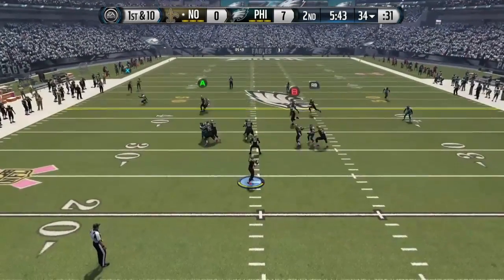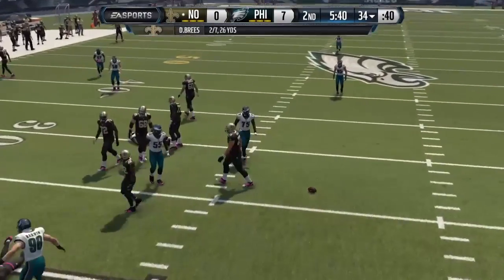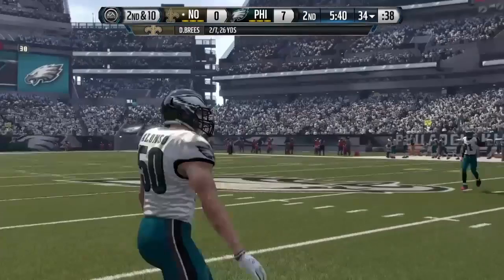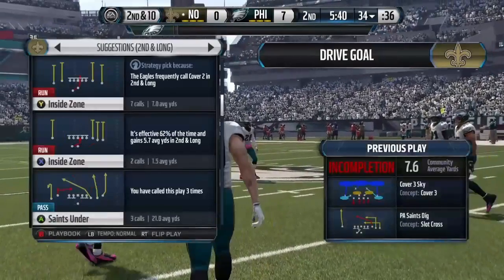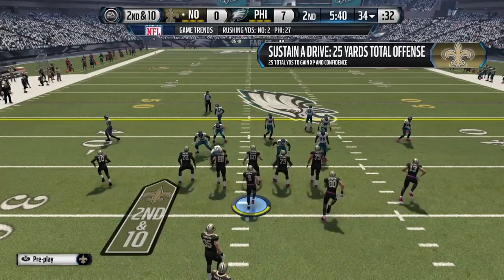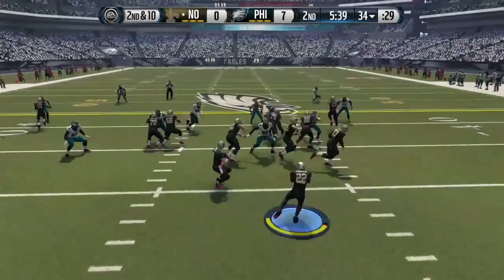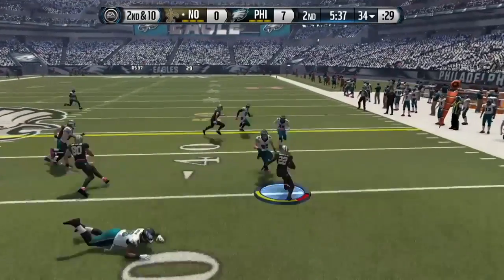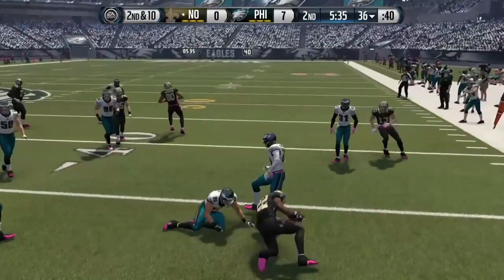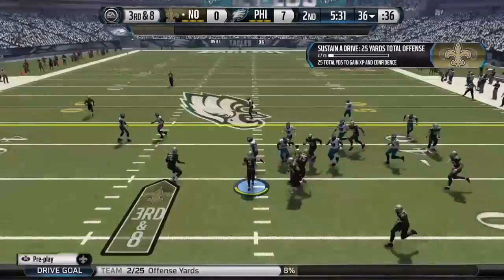And you see right there, the New Orleans Saints get another chance. And just in time, releasing the ball. That could have been a sack by Kiko Alonso, an acquisition from Buffalo. And now the New Orleans Saints are back for 2nd and 10. Let's see what they can do. It's a pitch to Mark Ingram to the right, and he gains about 1 yard. And they're gonna hurry up